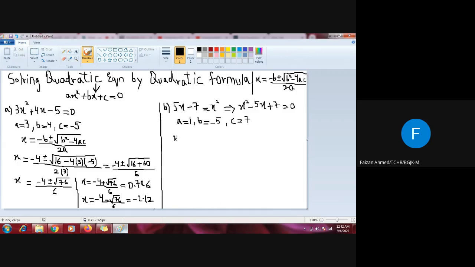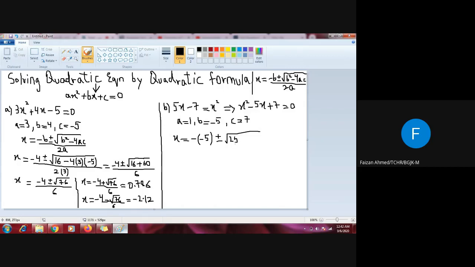I am just directly putting the values. This is minus, and since it is minus b, I am using a bracket like this. Minus minus b, this is positive, this is negative. This minus sign is basically of the formula, and since I have a negative 5 as b, I have used a bracket, and again I will use b square. So b is my minus 5 and minus 5 square will be equal to 25.